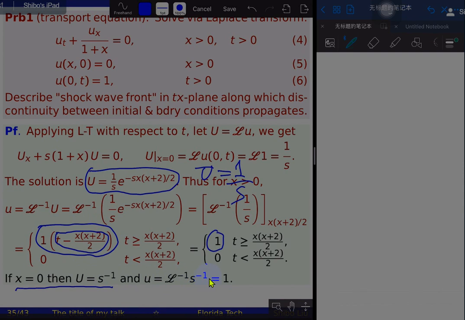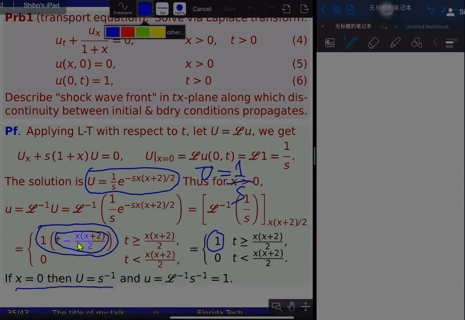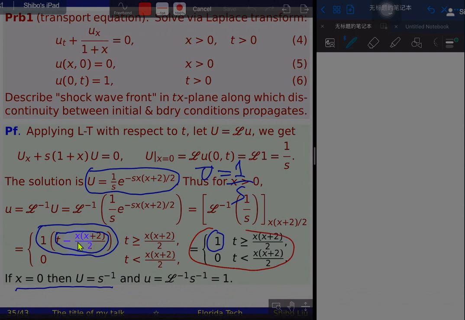So our solution is given by this expression. This expression is valid for positive x, and u equal to 1 is for when x equal to 0. Okay, so we also need to describe the shock wave front along which the discontinuity between the initial and boundary condition